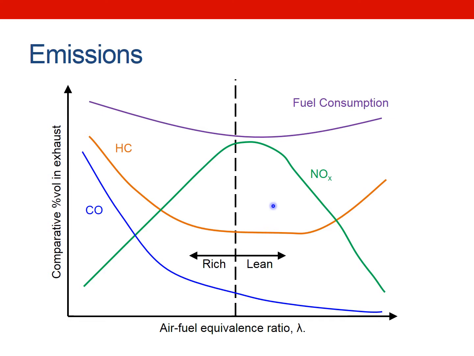I've also just put on here fuel consumption, so you can see that if you go slightly lean, you get better fuel consumption, because that's linked to getting complete combustion of your fuel, since you've got slightly excess air. But because of the peak flame temperature, you get peak power at just slightly rich conditions. So you want to go slightly rich for peak power, and slightly lean for excess air and better fuel consumption.